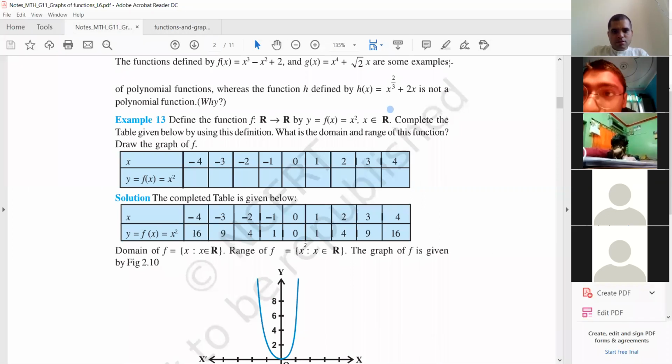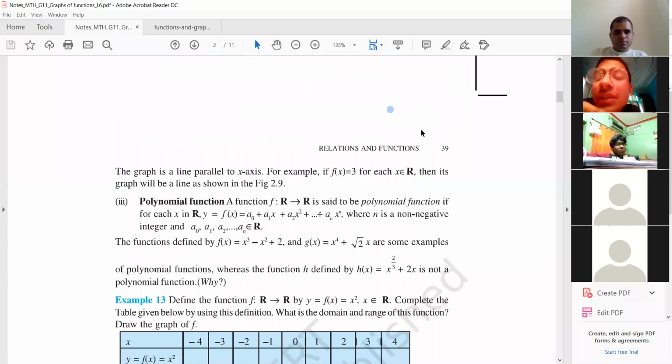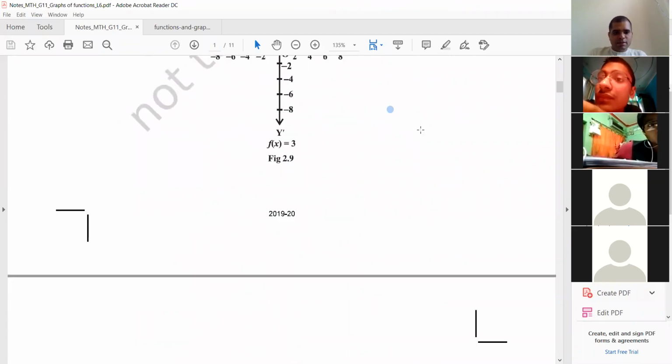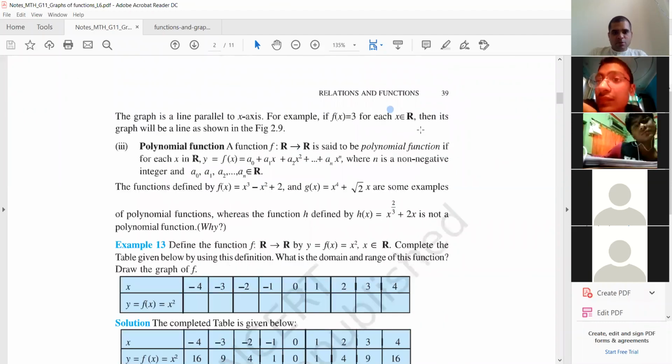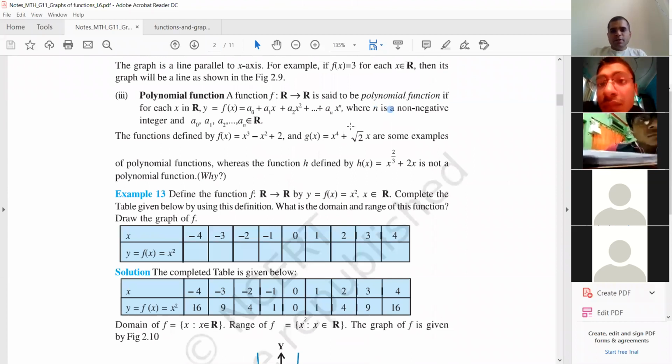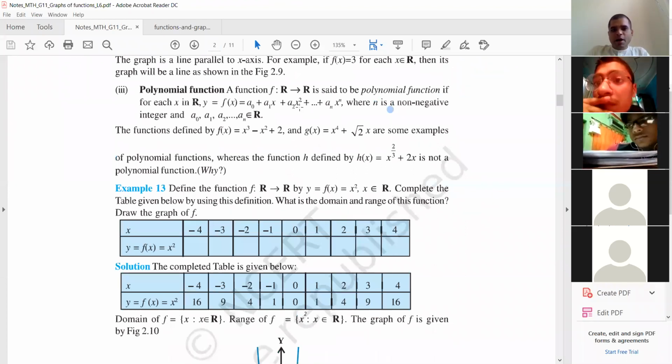ग्राफ है, टेबल है। हाँ, ग्राफ एंड टेबल। तो एग्जांपल नंबर 13। So we discussed constant functions, and now we come to the polynomial function. पॉलिनोमियल फंक्शन होता है जिसमें x की पावर्स होती हैं, जस्ट लाइक x क्यूब plus 2x plus 1. This is polynomial function. Okay, so here you can see f(x) is equal to a0 plus a1x plus a2x square